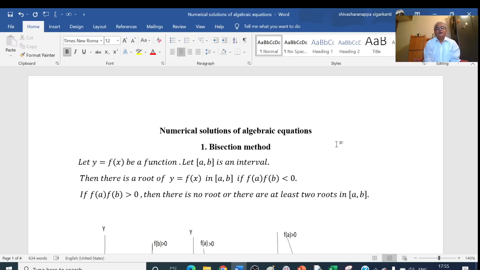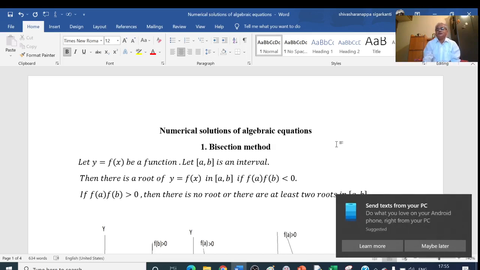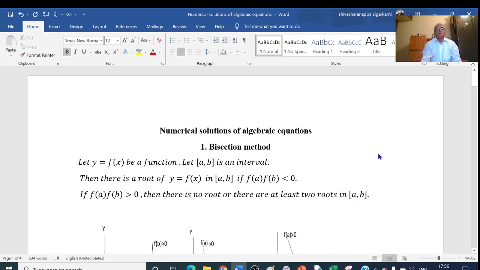In this video, we try to write a Python program for the bisection method. The bisection method is a method to find the root of an algebraic equation. So here, let y equal to f of x be a function and let a comma b be an interval. Then